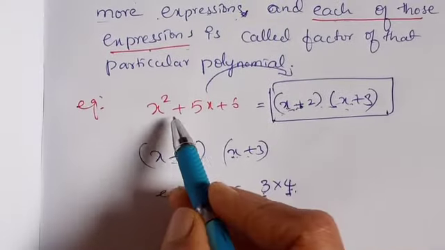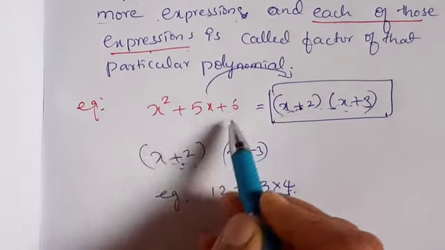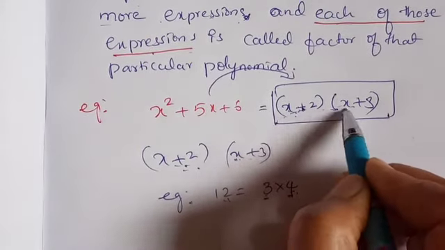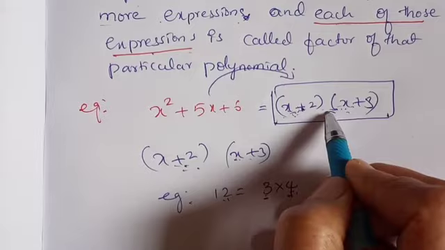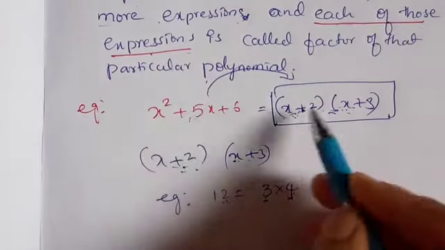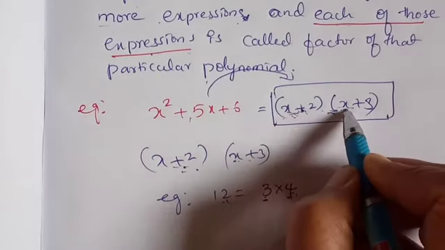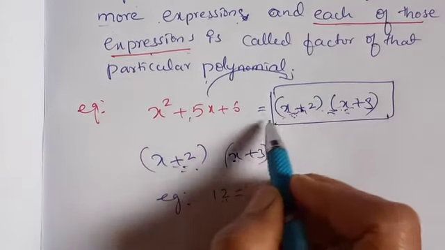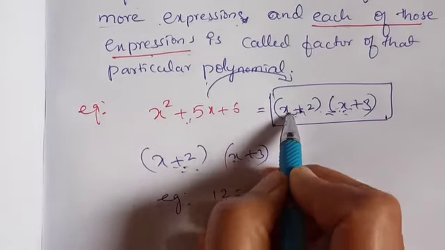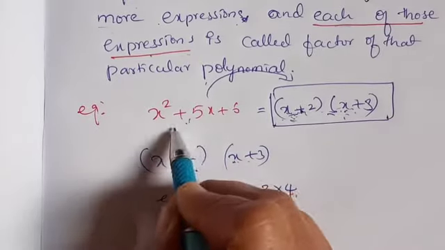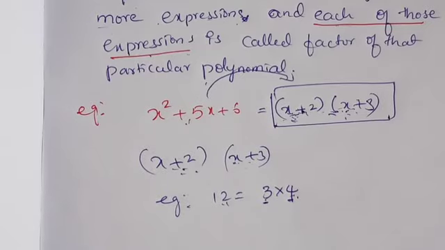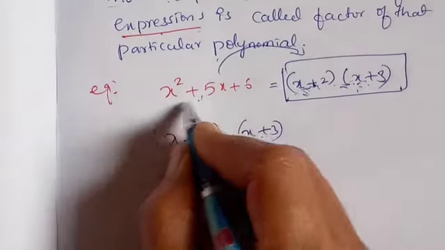Like that, here this is a polynomial. When we split the polynomial into the factors, we will get it in this way. I will explain what the process is also. I am just explaining what is a factor, what is a polynomial, what is an expression. Got it? These two are two expressions, and when we multiply them we'll get this. When we split into factors we will get these two. So factorization is nothing but a reverse process of multiplication. Okay children, so now let us go through this problem.